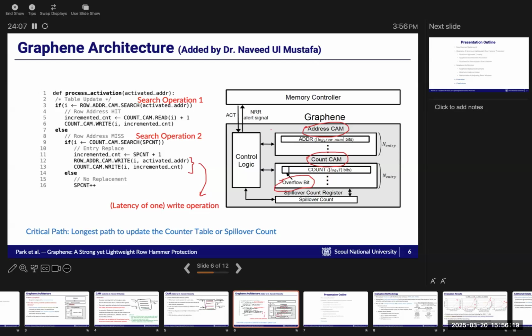Anyone who wants to tell me why they have included this overflow bit here? What is the job or motivation of having this overflow bit? Because the count CAM holds the counters, right? So let's say if you have,